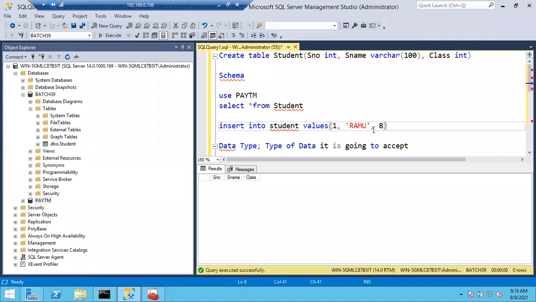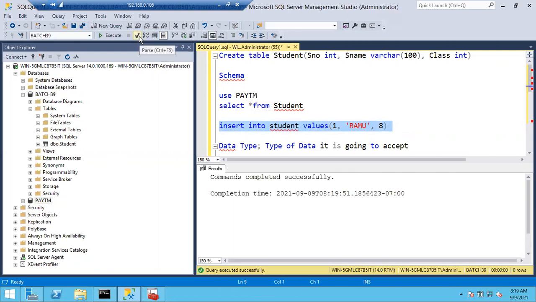Still sometimes you can see an error. Might be due to small issues, sometimes it will show an error, but if we run it, it will be executed. Before executing, you can see one right tick mark here. This is the parse button. The parse button will help you to check whether any syntax errors are there or not. If you just click on it, in case of any errors, it will throw the error.